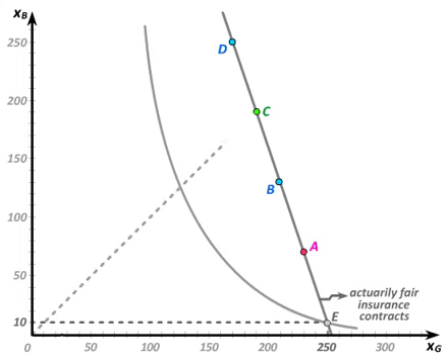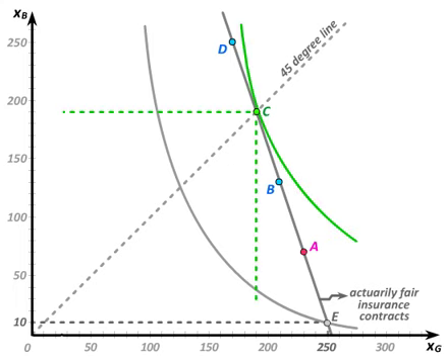If my wife behaves as predicted by the model developed in the earlier parts of the chapter, she will choose the full insurance contract C. This implies that for her, the highest possible indifference curve she can reach along the actuarially fair insurance contract line is tangent to that line at point C. The slope of the actuarially fair insurance line is -3, which means that the marginal rate of substitution at point C must be equal to -3.